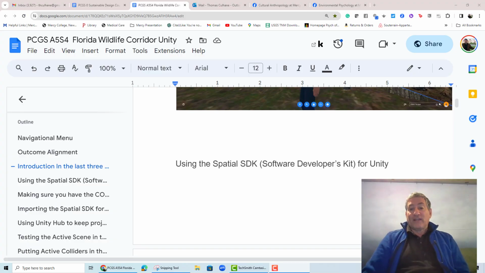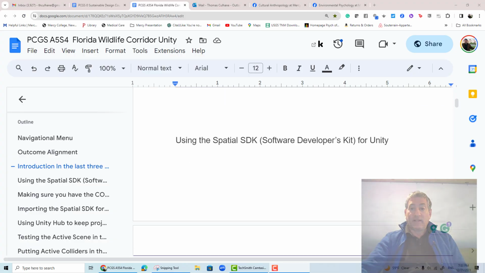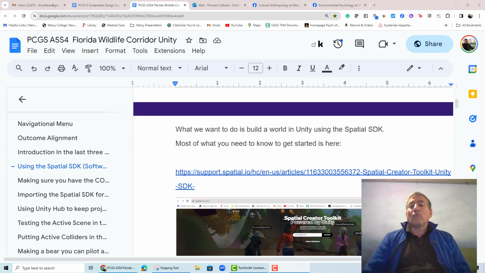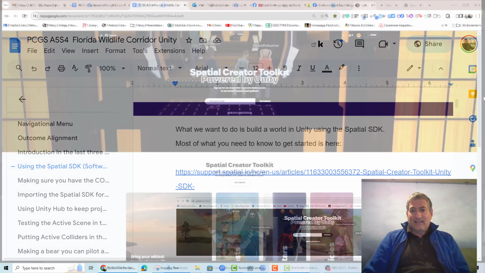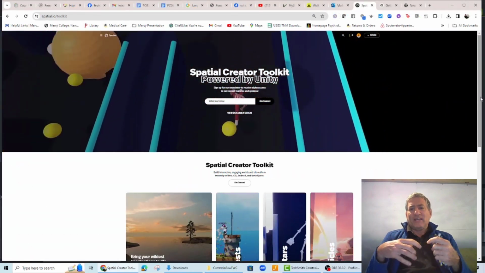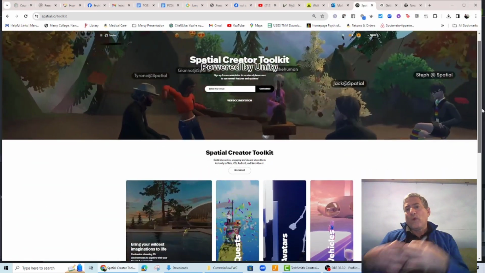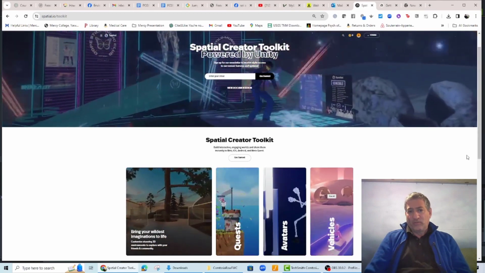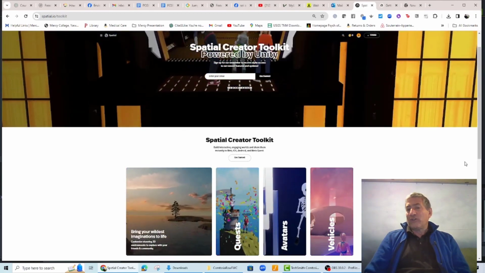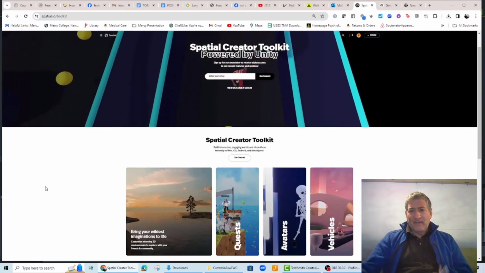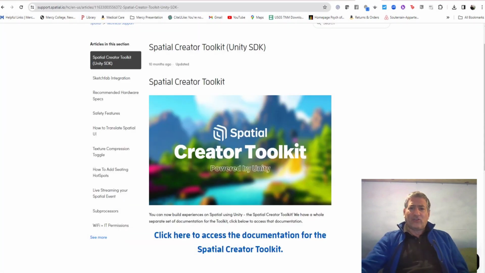Using the Spatial SDK, software developers kit for Unity. What we want to do is build a world in Unity using the Spatial SDK. That's the package that integrates Unity with that spatial website that you've been working with. Most of what you need to know to get started is here at this website,